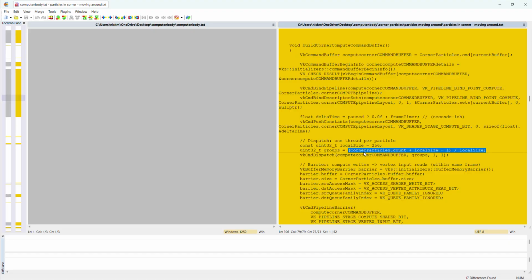So our particle count is the number of particles that we want to actually process, right? We need to deal with this number of particles. Okay, but we need to break down these particles into groups of 256. But the problem with division here is that you have to be careful, because when you do this division,